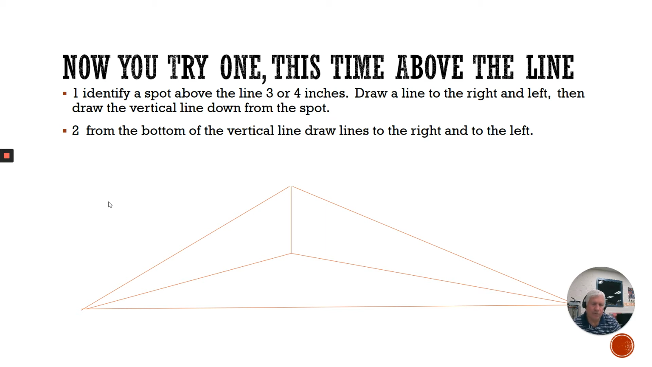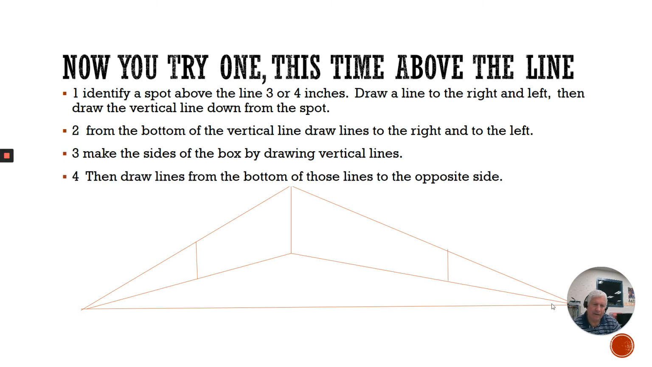Then we're going to decide how big we want our box. So remember, we're going to put a vertical line here and a vertical line here. And you can make it as small or as big as you want to. And then, of course, the last step